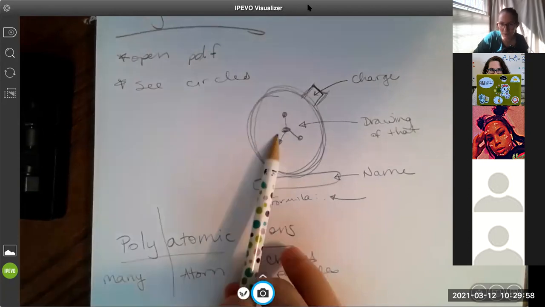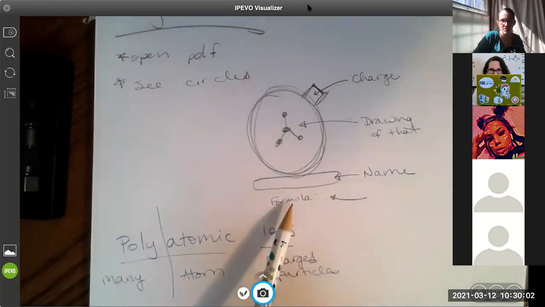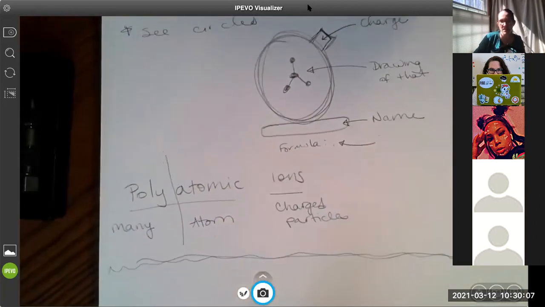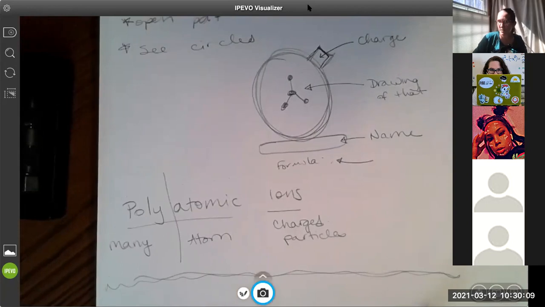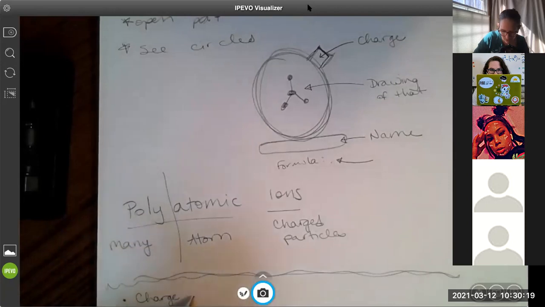You've got a drawing in the middle, a charge on the top corner, names underneath, formulas under the name. Today's whole goal is getting accustomed to reading these many-atom ions. So your first question is find an ion with a charge of -1